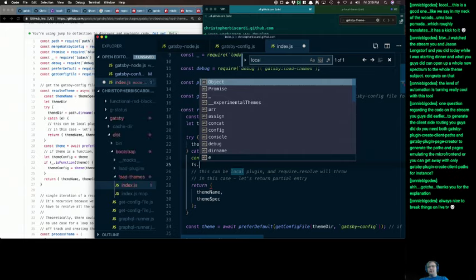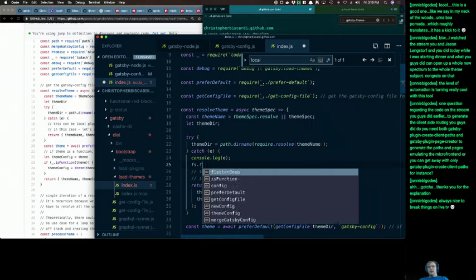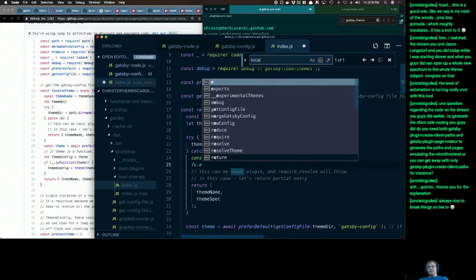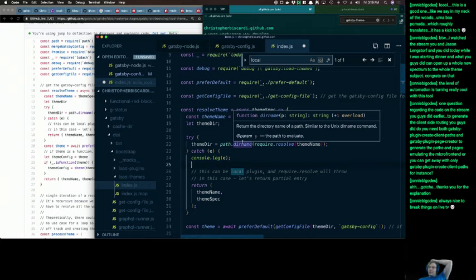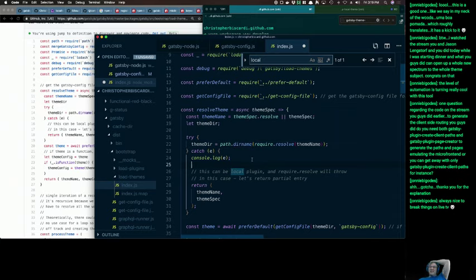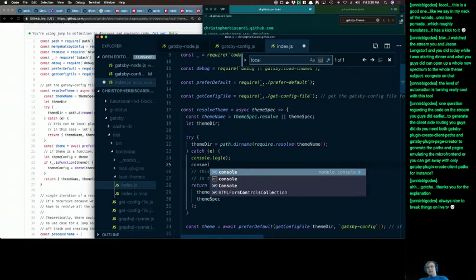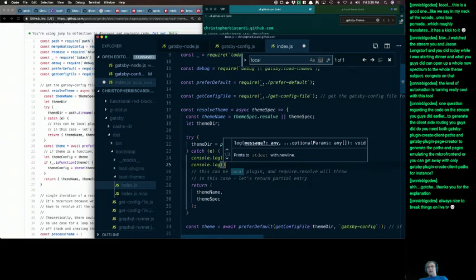fs dot. I thought it was exists, but I guess fs isn't imported in here right now. And require.resolve works better for this anyway. Huh. So maybe what we do here is console.log path.dirname